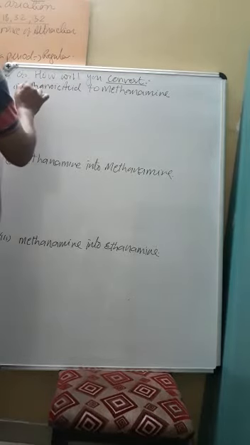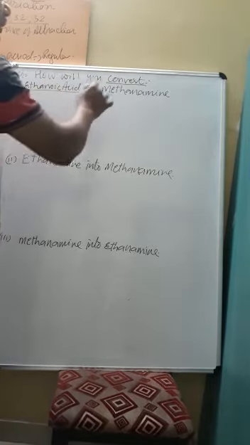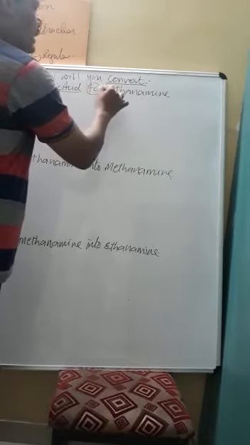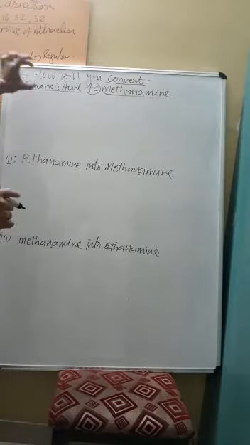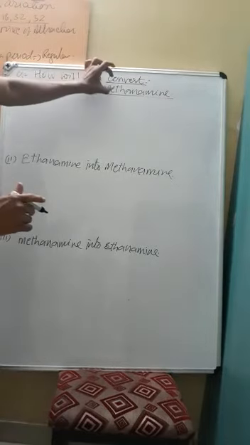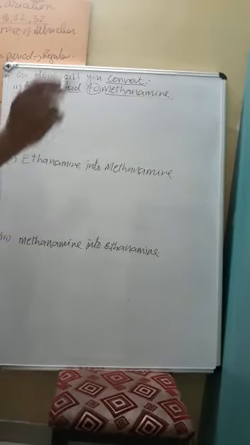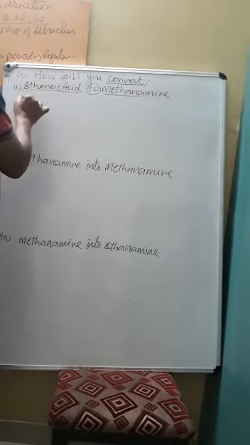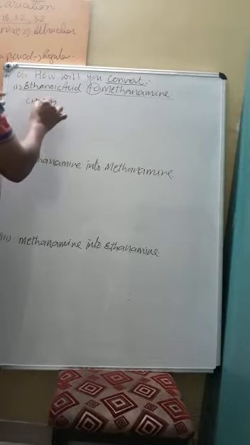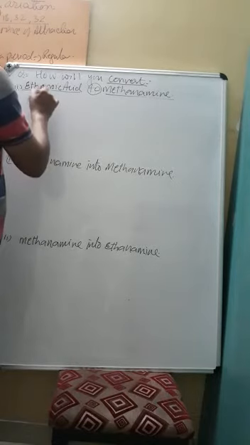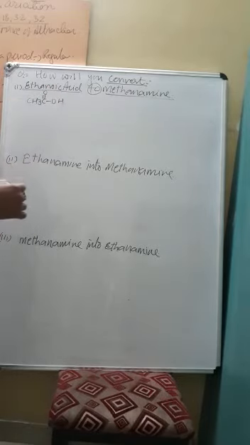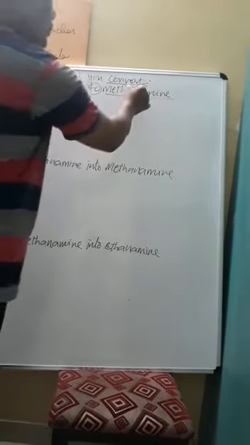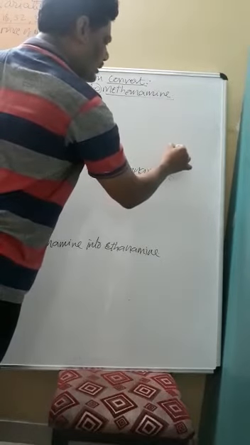Like here the first conversion is ethanoic acid to methanamine. Getting? That is, using ethanoic acid we have to prepare methanamine. So what to do? In the conversion, very first you write the structure of compound ethanoic acid, CH3COOH. This is the starting compound, and you write the last compound, what? Methanamine. Means what? This is